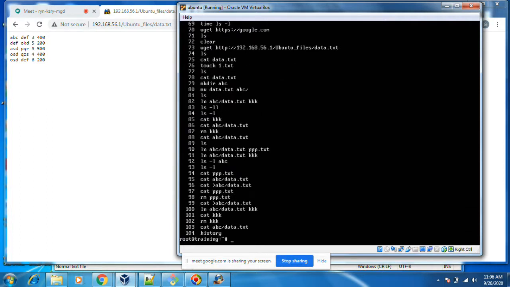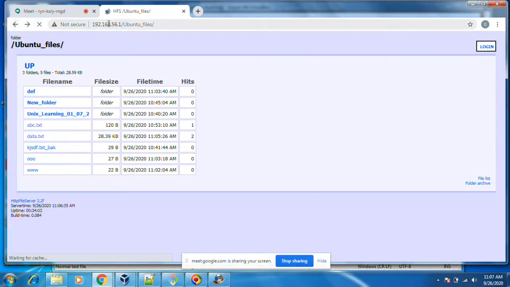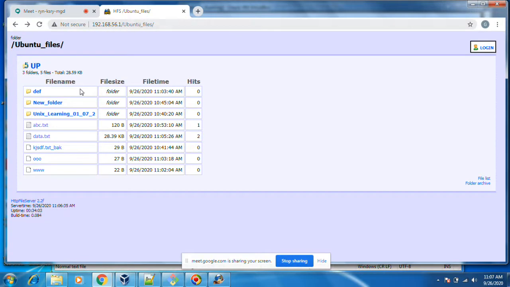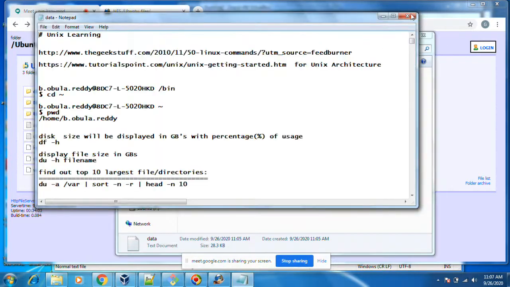Okay, I see duplicates on the top. Instead of data.txt, oh, Ubuntu files, it is under Ubuntu files now. It is too much.